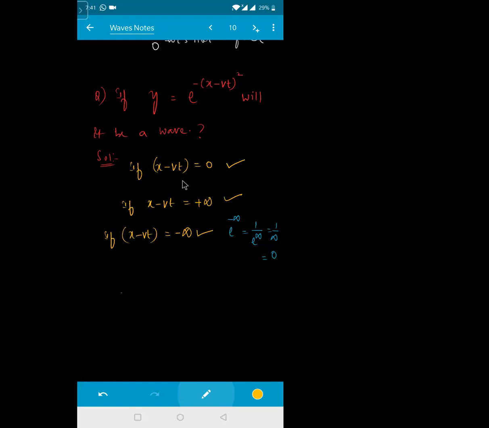So it is a wave equation, but not harmonic. Is that clear? So it is a wave equation or not? Yes, it is a wave equation, but not a harmonic. For harmonic, it should be either in the sine function or in the cos function. Is it clear for everyone? Yes, sir. If someone gives the equation, can you identify whether it is a wave equation or not? Yes, sir. Pakka? Yes, sir. Chalo.